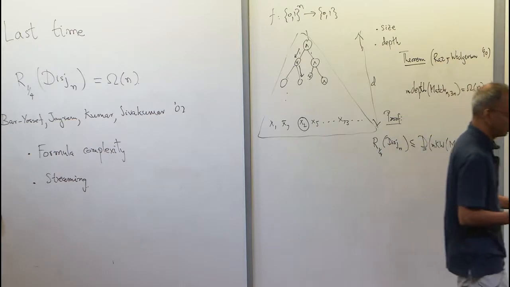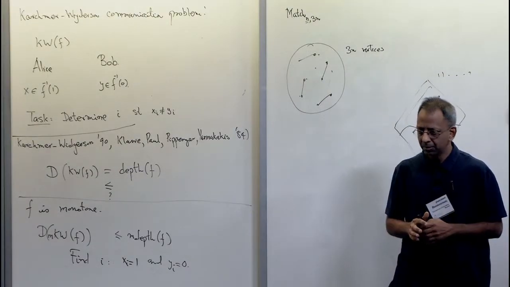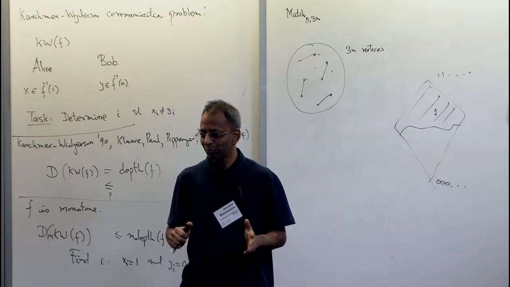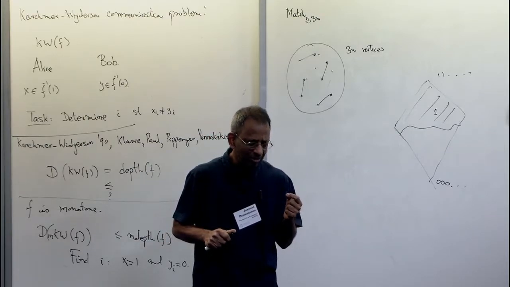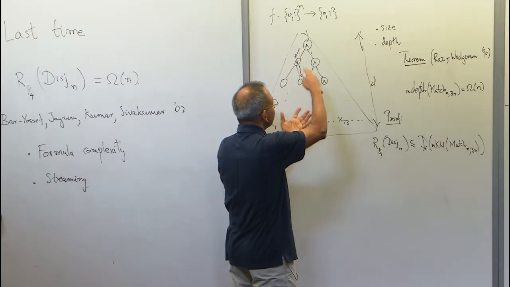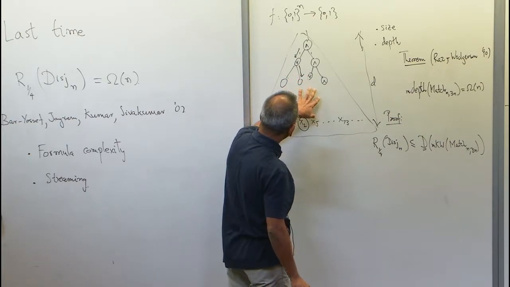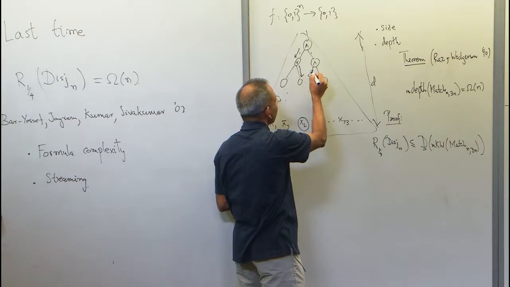Question? I'm not familiar with this depth concept, but is there a connection between the depth and the computational complexity of the problem? Yeah, so it depends on the model of computation. Right now, if I declare my model of computation to be formulas, then you mean the running time? Yeah, running time. Okay, so running time is related to circuits. You might say that the size of the smallest circuit computing F is related to the running time. Now, the difference between a circuit and a formula is that